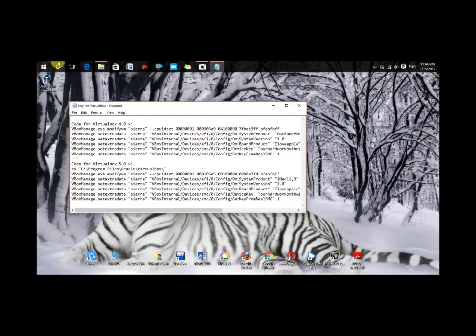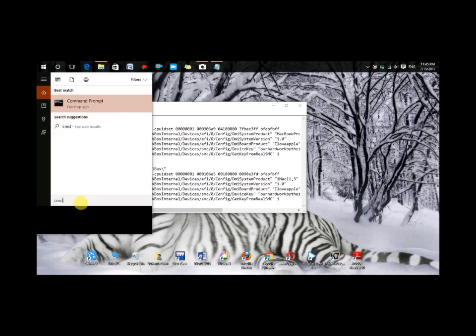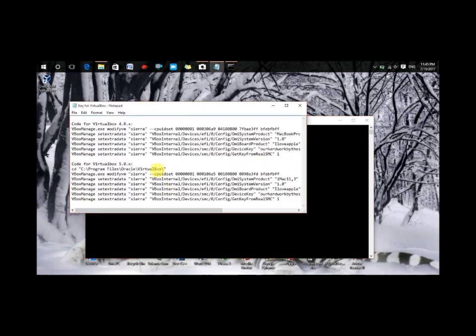And now open CMD. Select the virtual drive path.